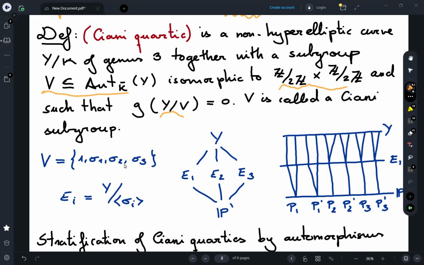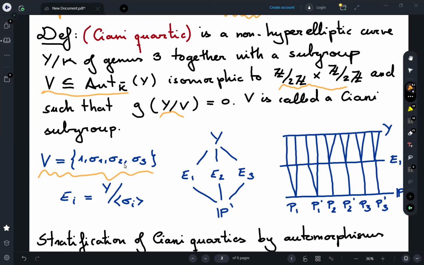Well, you will see that this is the abstract definition, which can be understood as: okay, it's a genus 3 non-hyperelliptic curve with a big automorphism group. But this choice of the subgroup will help us to construct a specific equation for the curve. So let's play a little bit with this subgroup and see what we get. Let me call the elements of the automorphism group like this. 1 is the trivial one, and sigma 1, sigma 2, and sigma 3 are the order 2 automorphisms